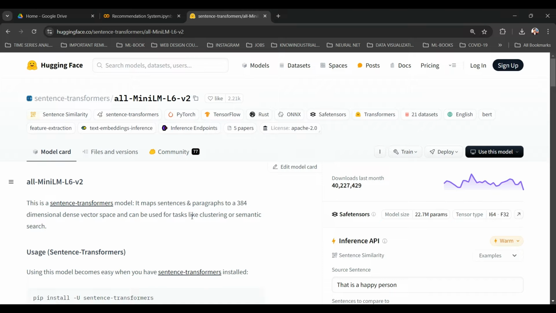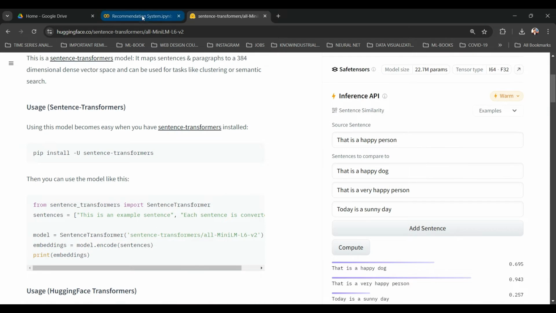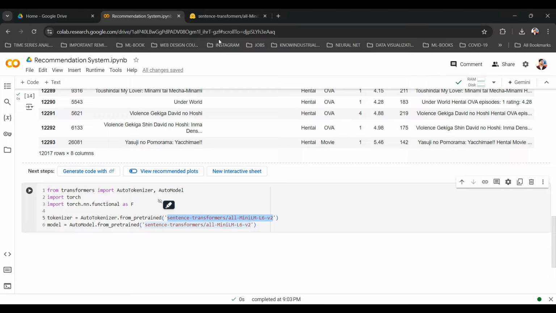That's all you have to understand here. You can look further into it; I will be providing the link in the description, or you can just search for it. It will convert a sentence into a vector, and if two vectors occur at a smaller distance in that space, then those sentences are similar. That's all you have to care about here.